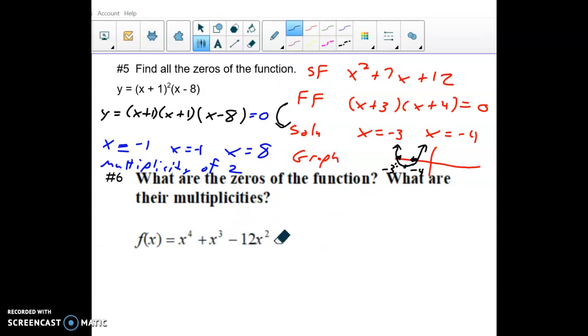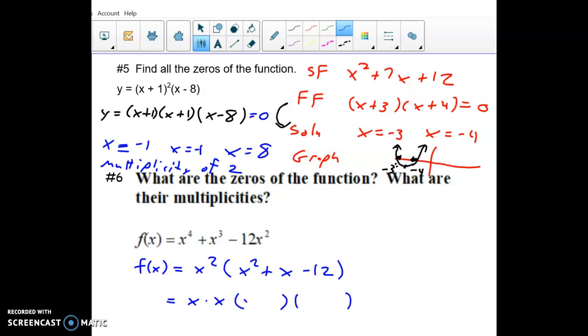All right, next one on here, number 6, has us go from standard form down to solutions, right? So to get there, I'm going to factor, right? And so on this one, I'm going to pull out an x squared, a GCF. All right, so when you factor, always pull out a GCF first. And so x squared is x times x. And then this other part, this trinomial,